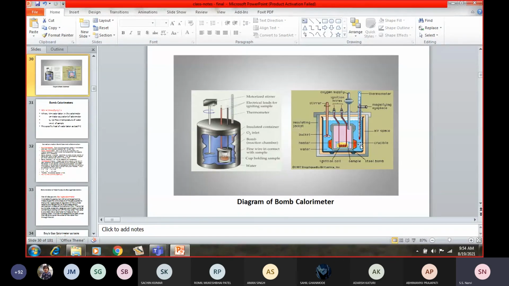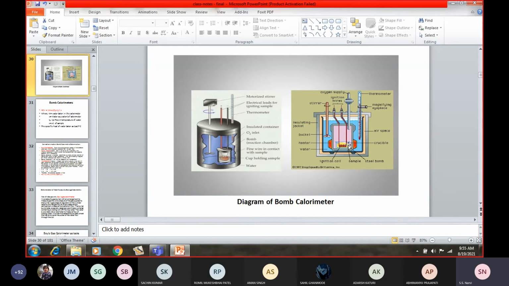after every experiment you wash it, because whatever sulfur is there has converted into sulfuric acid, and then it is mixed with metal ions present in this, and it has been converted into sulfates. So you wash it in order to clean your crucible and bomb calorimeter. You wash it in 0.1 normal nitric acid. That is why you are not washing in sulfuric acid, because from these washings, isn't it?